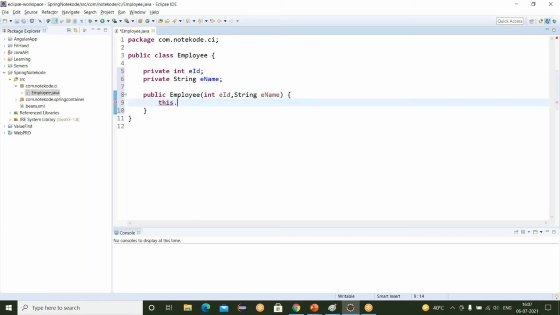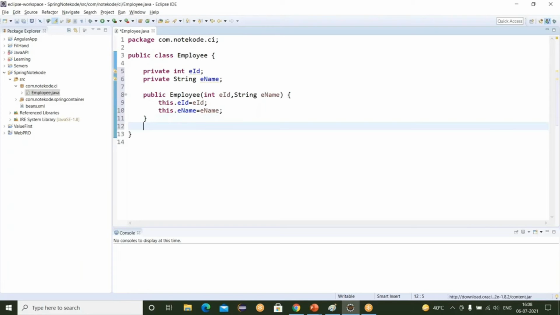And here you have to write this.EID = EID, and this.ename = ename. Okay.